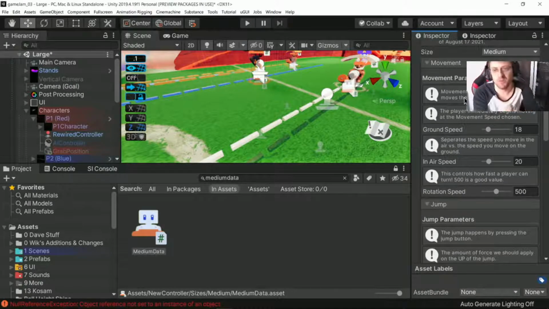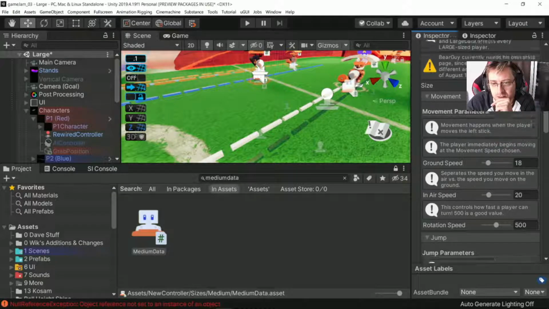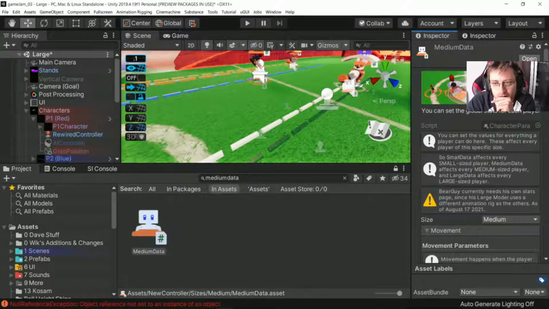So movement parameters. Movement happens when the player moves the stick. And movement immediately begins. So the player immediately begins moving as soon as the movement. Sorry. You press the stick right. The character starts moving at the ground speed of 18 because he's grounded. If he was in the air, he would be moving a little bit faster. And the rotation speed is 500. And I think raising it didn't make any difference at all. So I think it's just at 500. And then these also have ranges on them. So if I were to open this up,